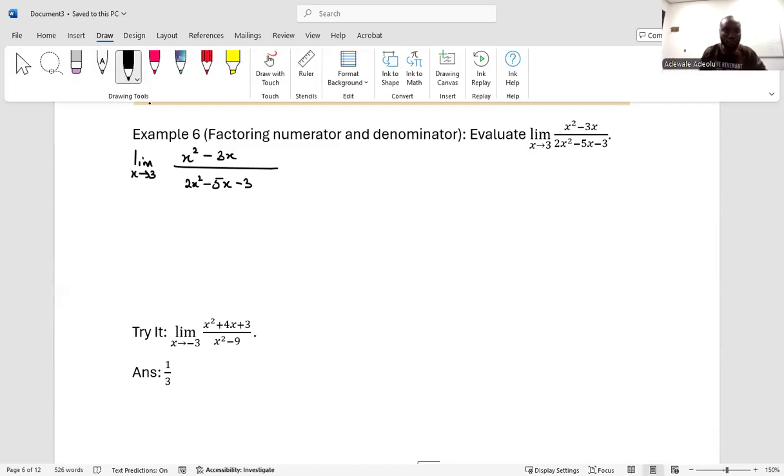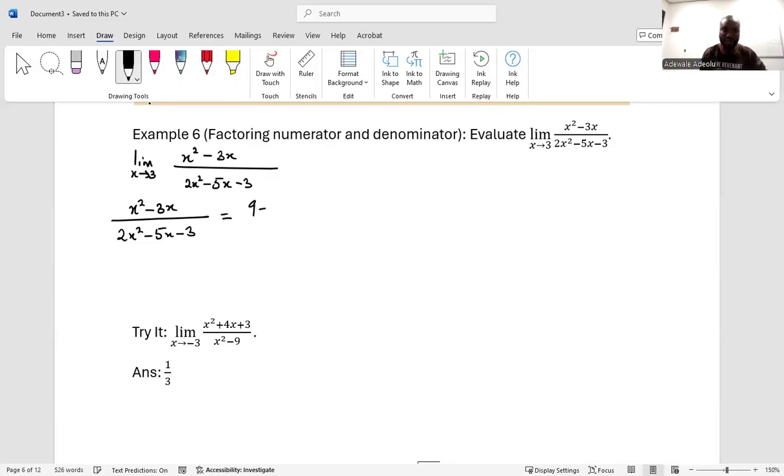But then what do you notice? If I throw in 3 here, I will have x squared minus 3x divided by 2x squared minus 5x minus 3 equals